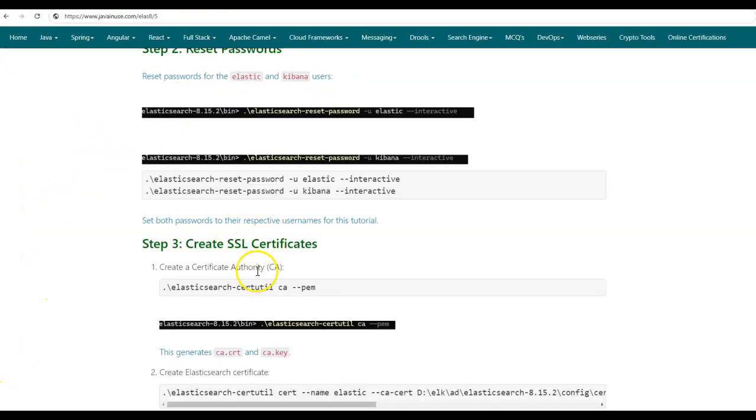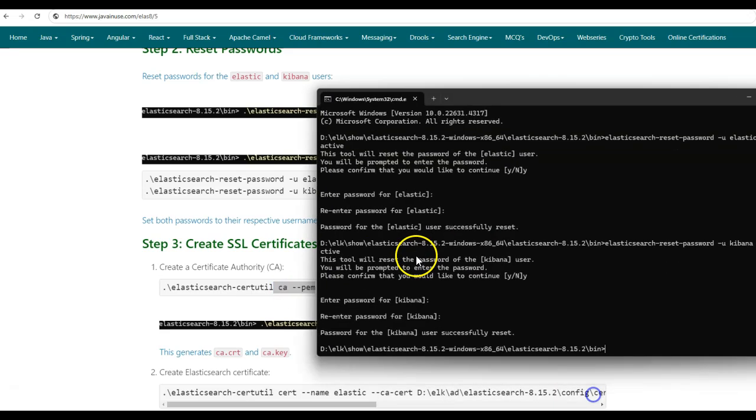So as we have previously seen, in order to issue digital certificates, we need something known as the certificate authority. So before generating certificates for Elasticsearch and Kibana, we'll first be creating the Elasticsearch certificate authority, using which we'll be issuing certificates to Elasticsearch and Kibana, and we do so by making use of the elasticsearch-certutil, which is provided in the bin folder. The command is elasticsearch-certutil ca --pem. So copy this and go to the bin folder. Here select elasticsearch-certutil.